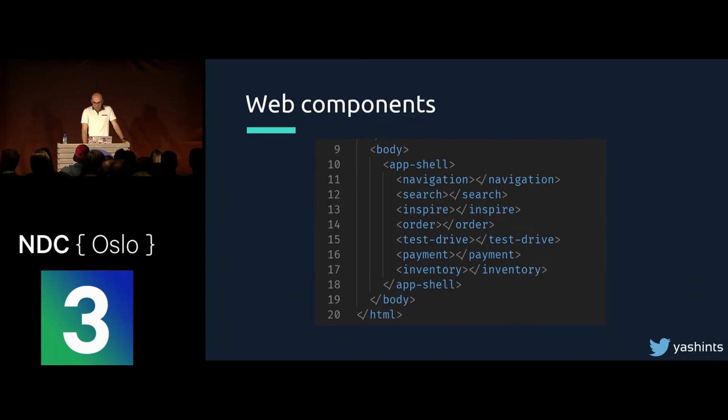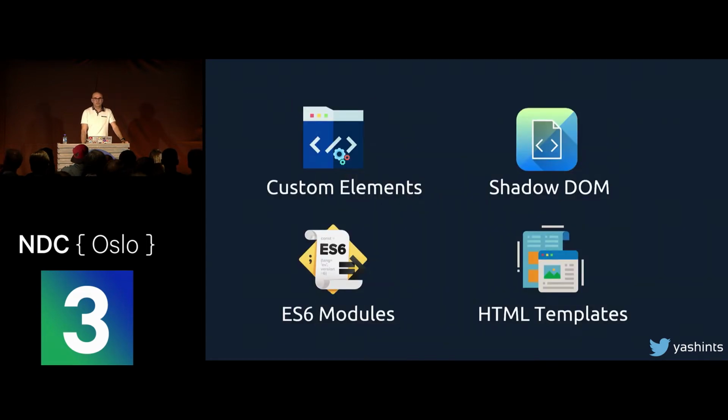Web components are basically around four technologies, or maybe concepts. The first one is custom elements. Custom elements are basically an HTML element derived from the main HTML element, the actual spec, but you can customize them. So you can have a custom HTML template as we see here. You can use ES6 modules to deliver that particular piece of code. Or the most important part, you can use Shadow DOM